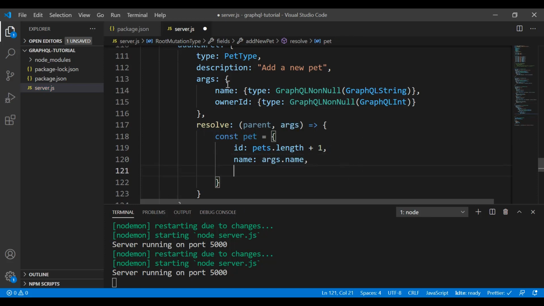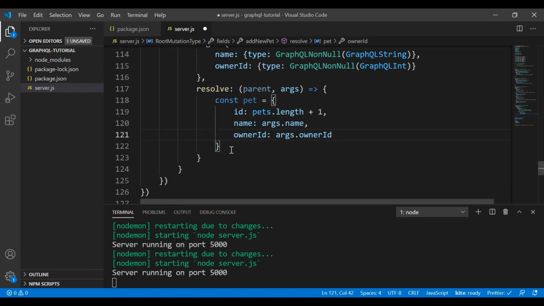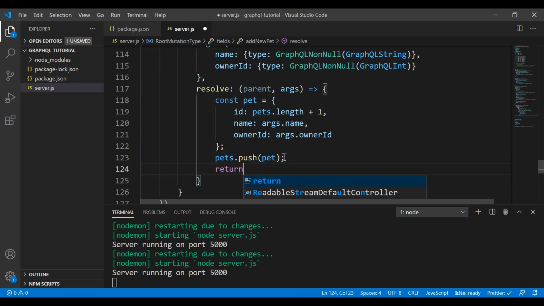we get from here with the owner ID. Owner ID, just specify it like this, and next it will be the pets. We will push this new data with this information specified into basically this pet right here, into the pet that we already have on top there. And now we can return the pet. Okay,